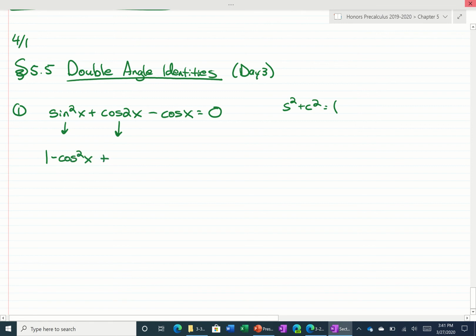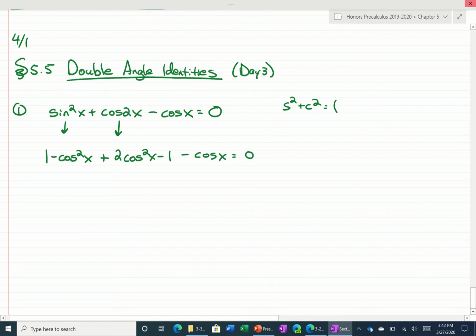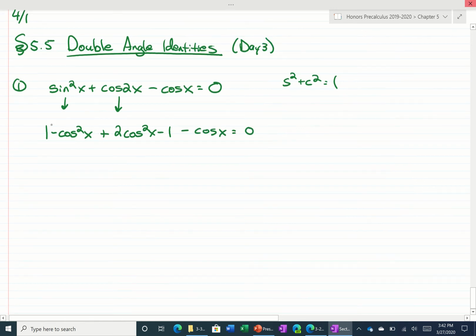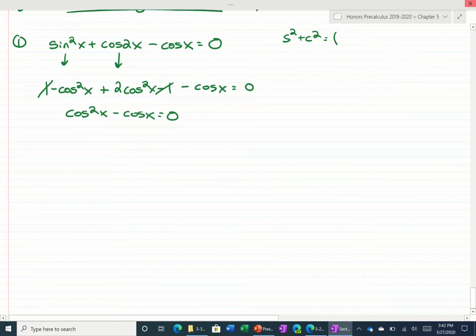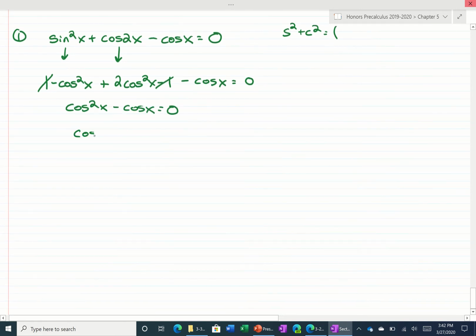And the cosine of 2x, looking at my formula sheet, is going to be 2 cosine squared of x minus 1. And then we have minus cosine of x equals 0. So we do have all cosines. This one and this one would cancel. And we would get the cosine squared of x minus cosine of x is equal to 0. If we factor out a cosine,